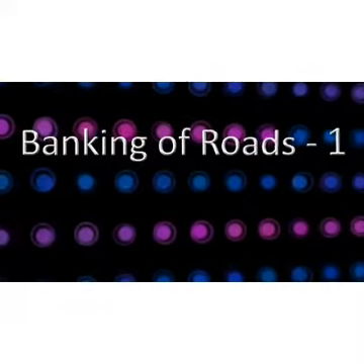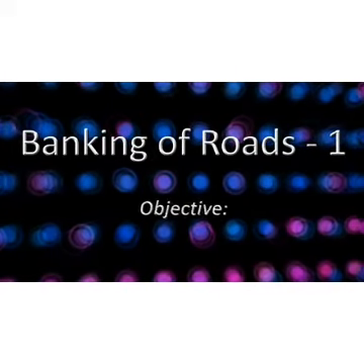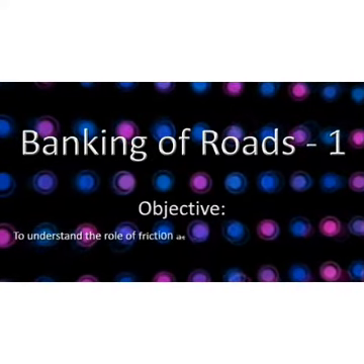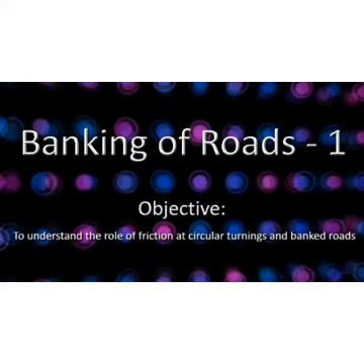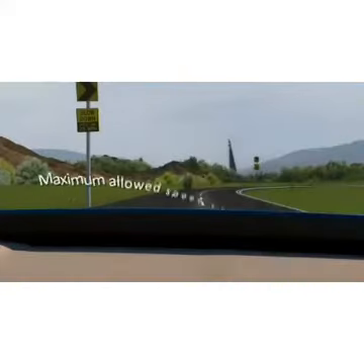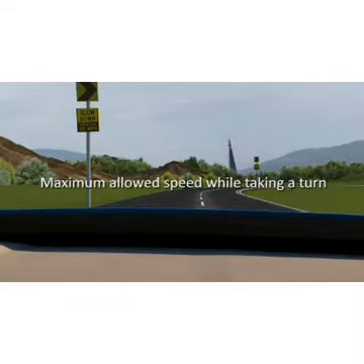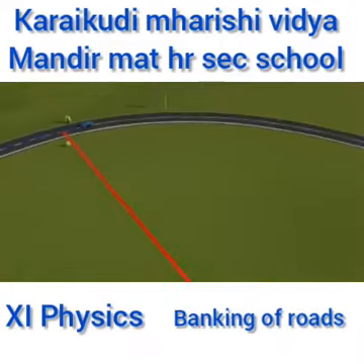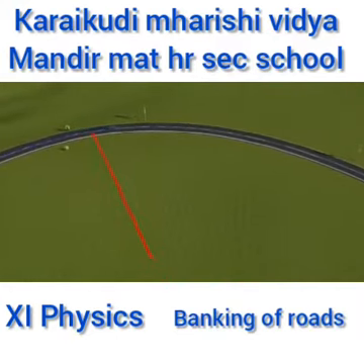Banking means the outer side of the road is a bit raised than the inner side. That is called banking. And what is the objective here? We have to understand the role of friction and circular motion, and the maximum allowed speed while taking a turn we are going to calculate, and for that we are doing this